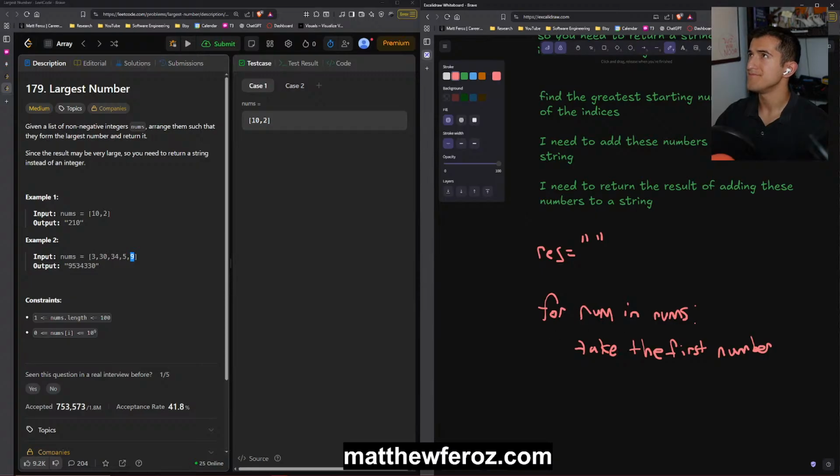I want to sort this in a way where I can just see what the first highest number is. So for num in nums, take the first number that is the highest.